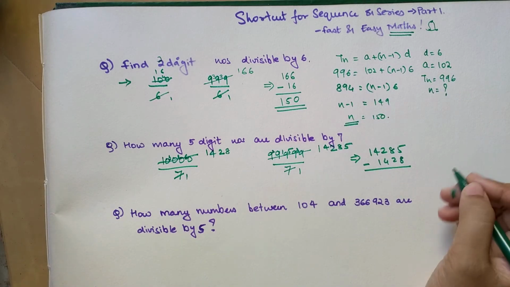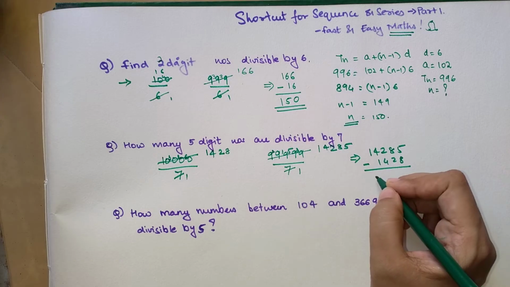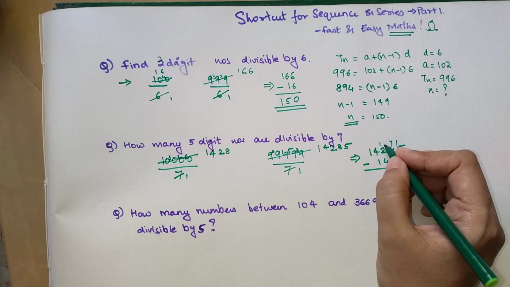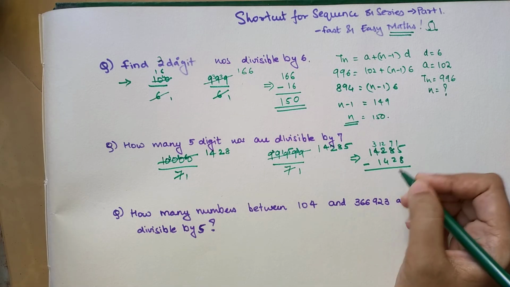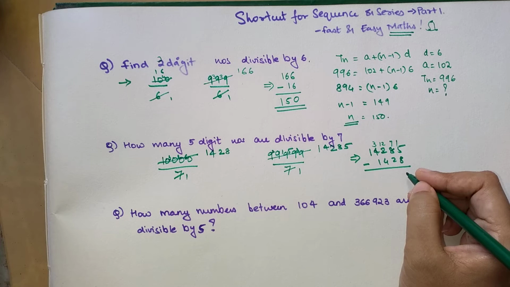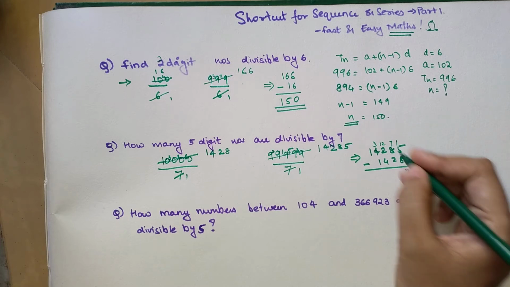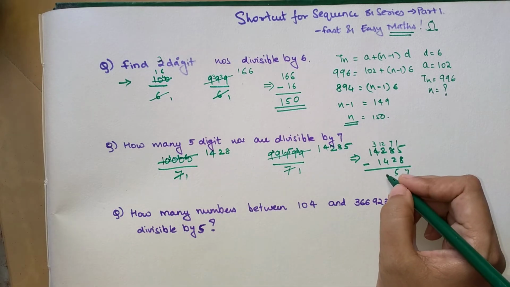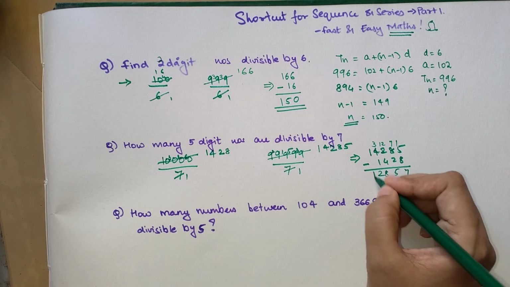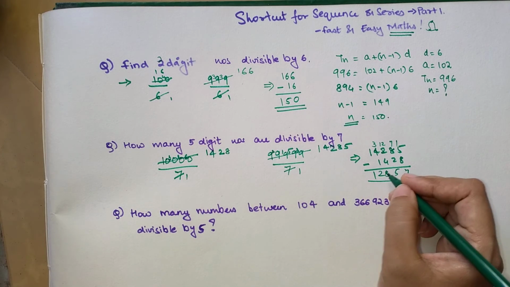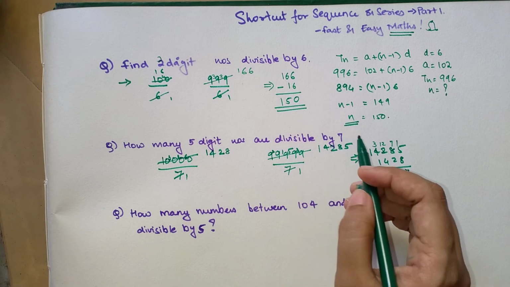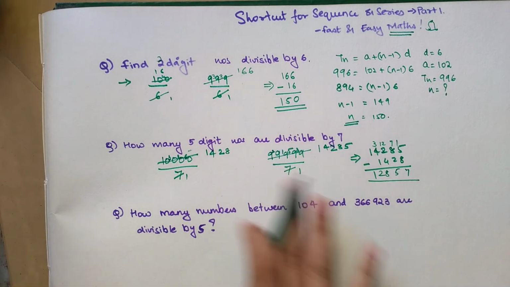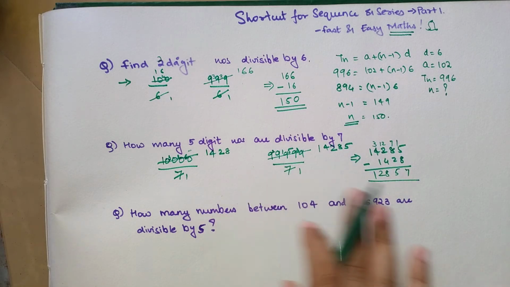Okay, so when you do the subtraction, you get, this is 15, this is 7, this is 12, this is 3. So 8 from 15, you're left with 7. 2 from 7, you're left with 5. 4 from 12, that gets you 8. 2. So these are the number of terms which are divisible by 7 for 5-digit numbers. I hope this particular trick is really very clear.